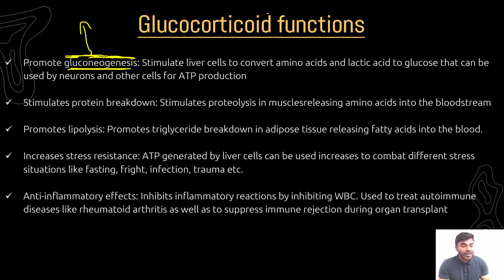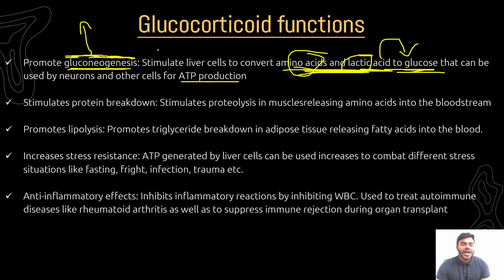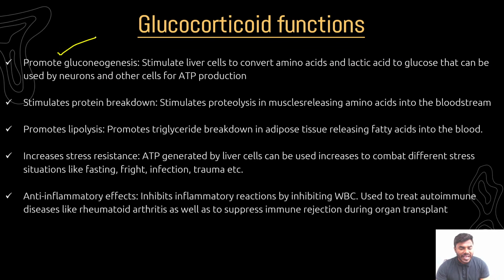Obviously, friends, we will be requiring energy, but there is no carbohydrate source. At that time what will the body do? It will convert amino acid and lactic acid into glucose. We know that amino acid and lactic acid are not carbohydrates, right? These are all other than carbohydrates. So production of glucose from sources other than carbohydrate, that is what we call gluconeogenesis. That gluconeogenesis can be stimulated by cortisol, which is a specialized glucocorticoid, and it stimulates